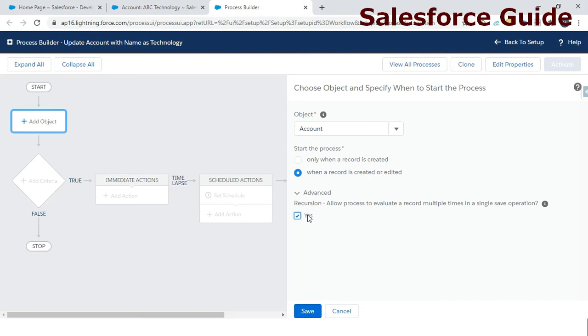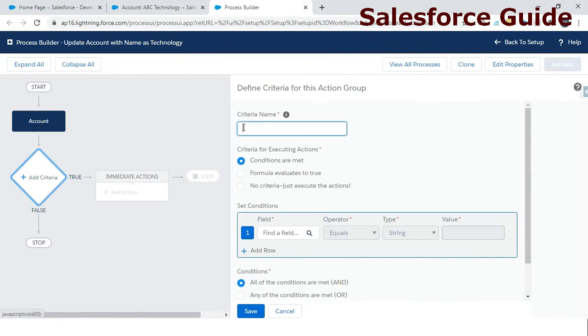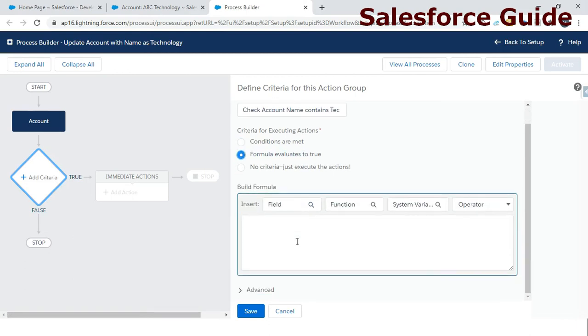As of now, I want to make sure that whatever processes are in an instance should be executed, that's why I'm clicking on save here. Now add a criteria. Check account name contains technology. Whenever the conditions are met, or formula evaluation: conditions is basically a simple condition, and formula is used for complex formula evaluation.